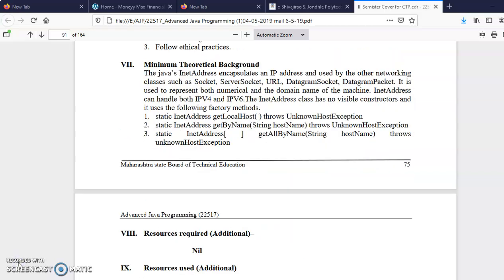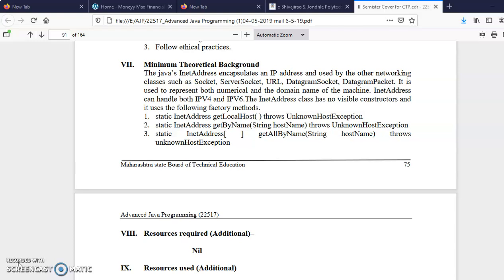Now, quickly, we'll go through the methods of this class. Generally, a class has methods which we access with the help of an object. If we want to use a method of that class, we create the object, and with the help of the object, we call that method. But the InetAddress class is a bit different. This class does not have usual methods, rather it has factory methods. Now what do we mean by a factory method? This is a new term, so we'll see what factory methods mean.